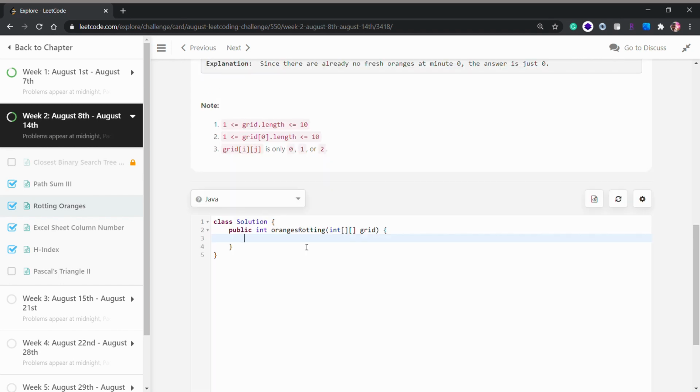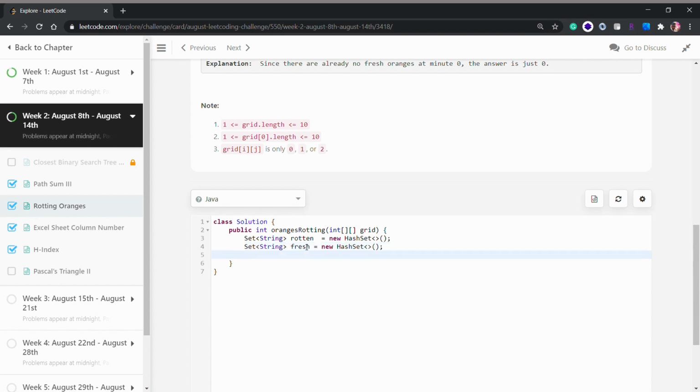For our solution, we will use three hash sets. First of all, we will create a hash set of string, rotten, equals new HashSet, and similarly another hash set of string, fresh, for storing the coordinates of fresh oranges.